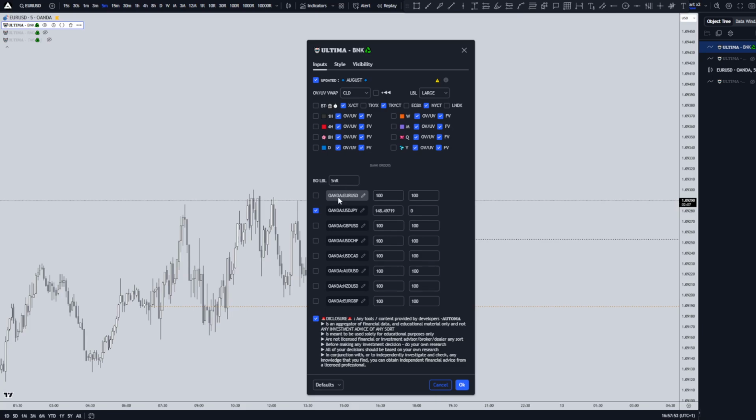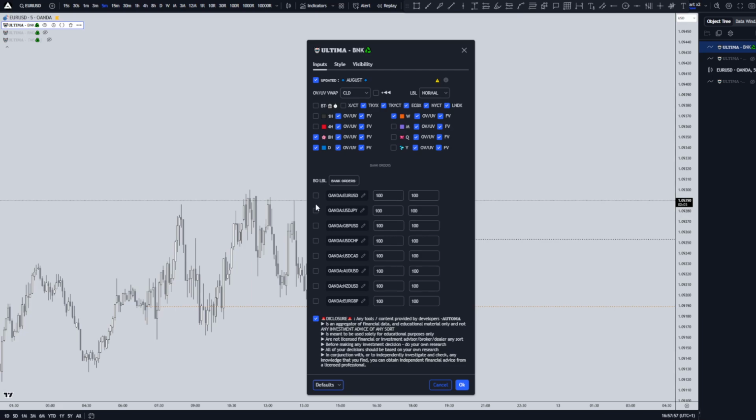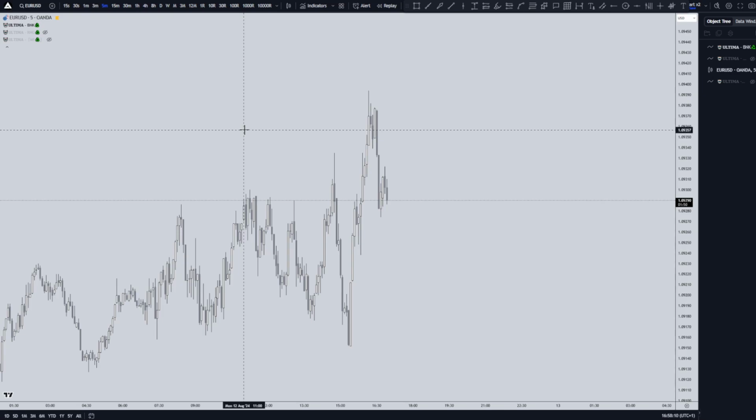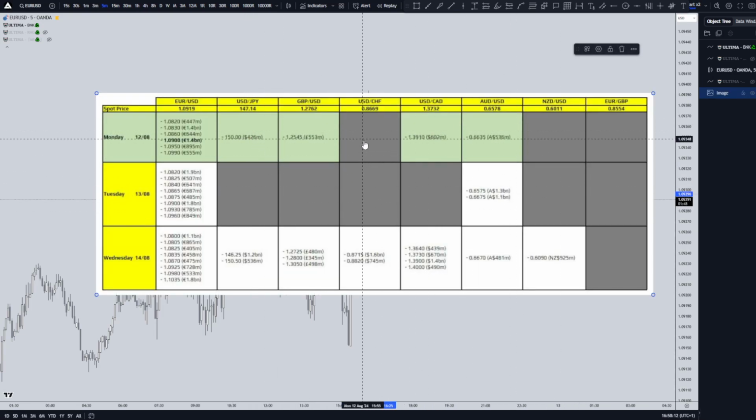So that's regards the bank orders and stuff like that. So basically you can add 8 pairs, 2 levels each. If you want to add more than 2 levels, like for Euro, like you've seen on that chart, you can see today for USD CHF, NZD and Euro GBP, there is none of the levels. So basically if there is many and you say, okay, I want to put all of them, or prices